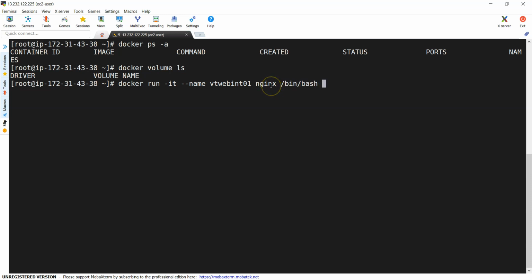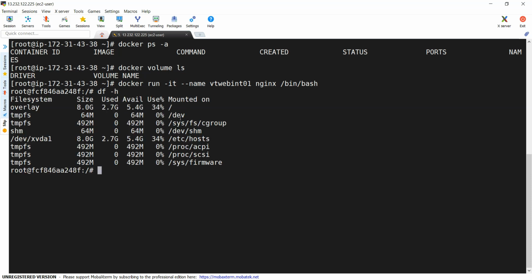So we are creating an nginx container, and while creating it I would like to go inside the container. Let's execute. Now I have jumped into my Docker container from my Docker host because I used the interactive terminal. And if I do df -h, you can see there are a few file systems in my container.